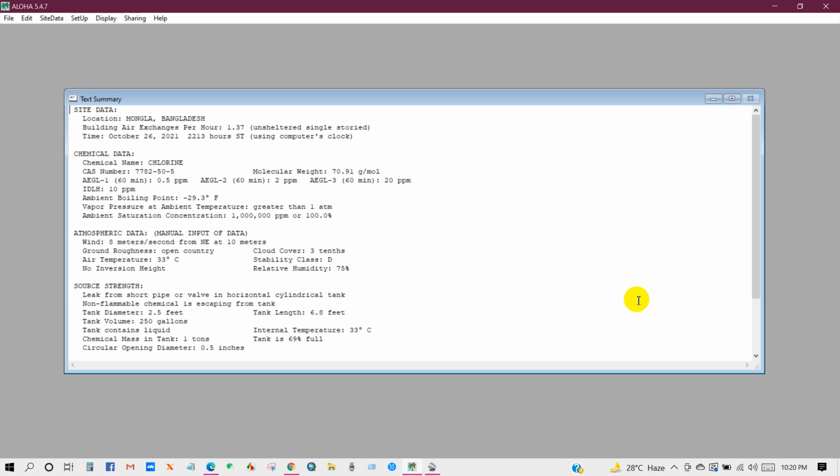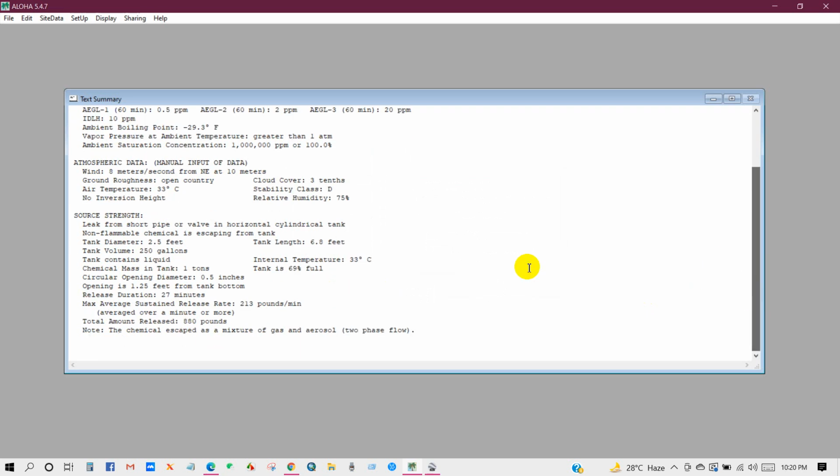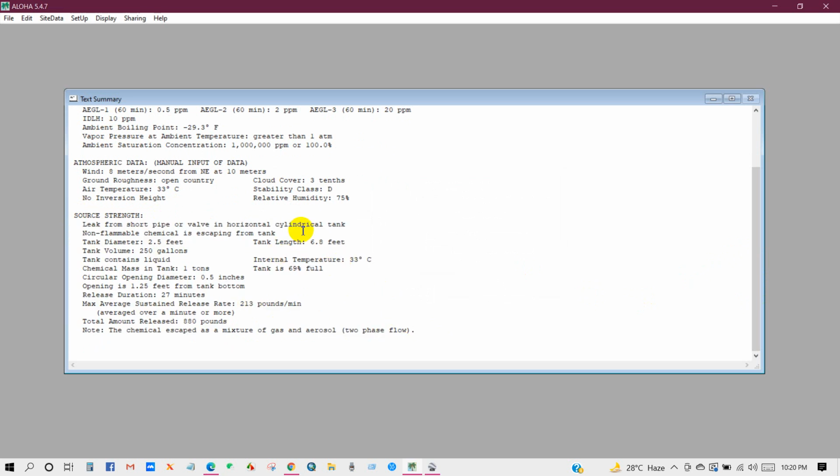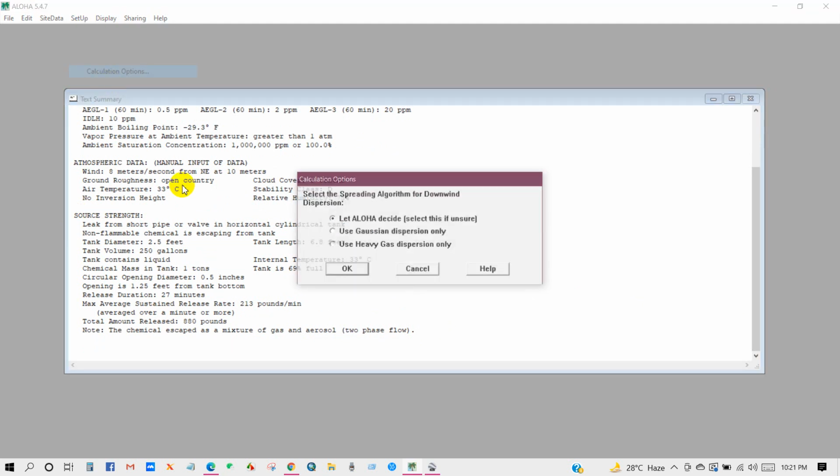And you will see here source strength has been added. You will find lots of information that you have entered, and then go to setup and calculation option. Select the spreading algorithm for downward dispersion. Check let ALOHA decide, then click OK,